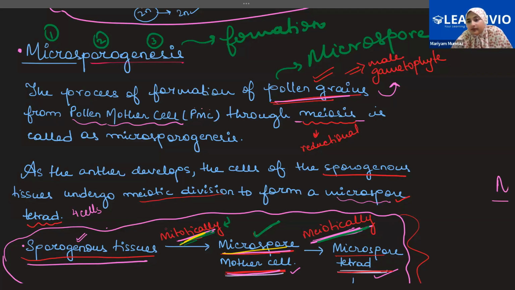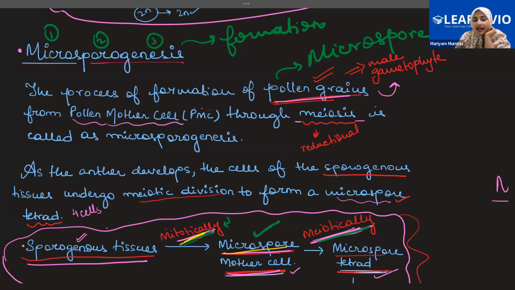Because if you use mitosis, it will be equational division. Very good. Because for the formation of gametes, right? Reductional division is important because the gametes that have to be formed will be N, right? Haploid. So now when the anther develops, the cells of the sporogenous tissue start undergoing the process of meiosis